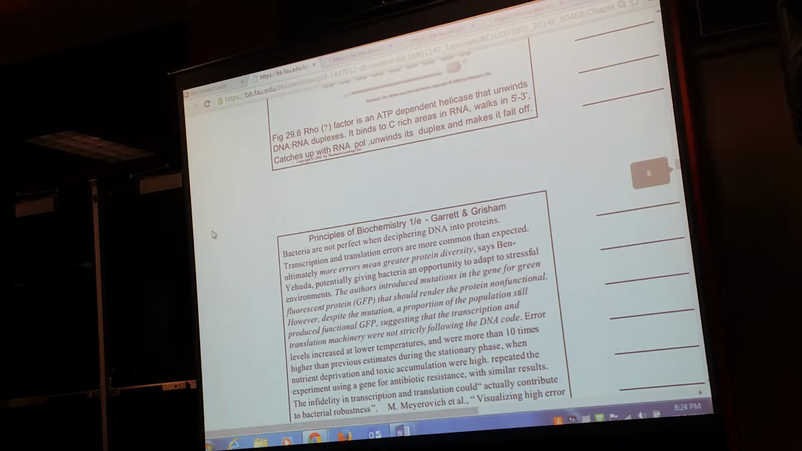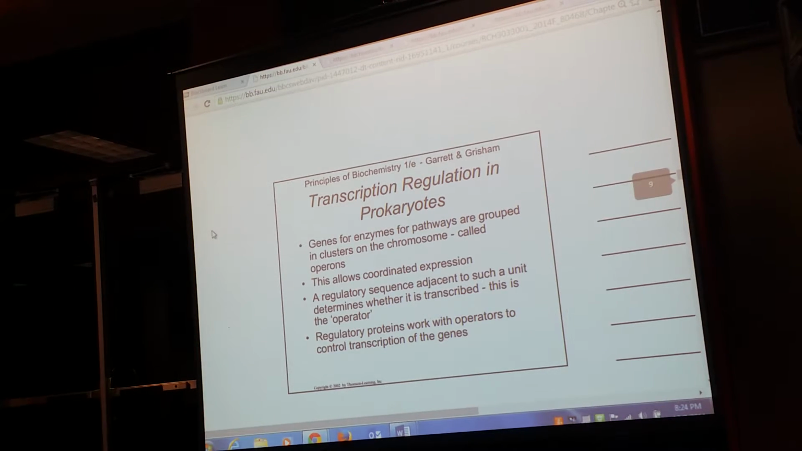This experimental stuff, let me check real quick. Yeah, you don't need to know about GFP, the green fluorescent protein. You don't need to know anything about